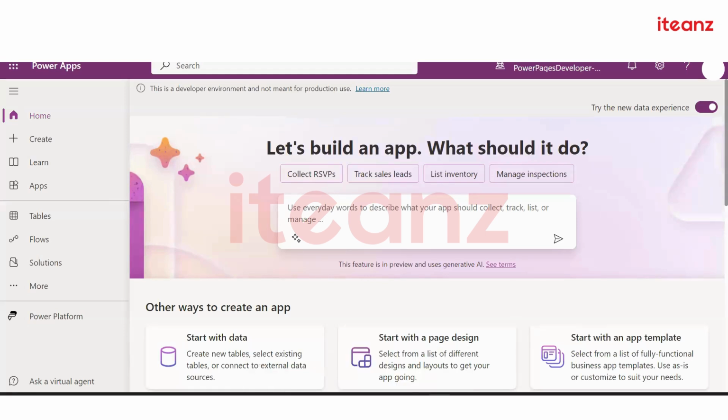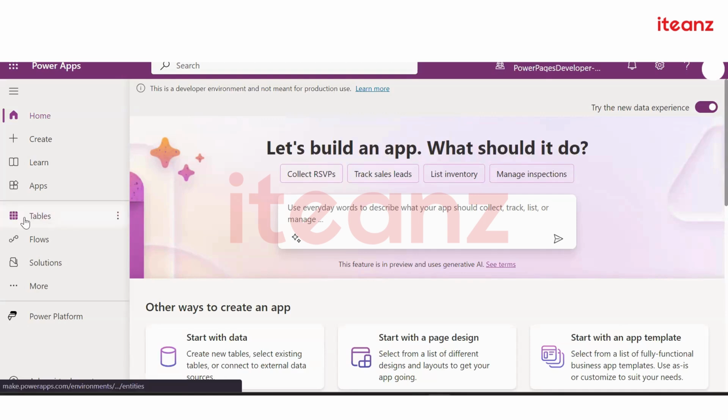Today we will see what are the Dataverse forms, views, and how to create the model-driven application and embed it inside the model-driven application. So that is the very base level that we will see today, and how to customize that. And also we have to see the business process flow as well, right? Before that,